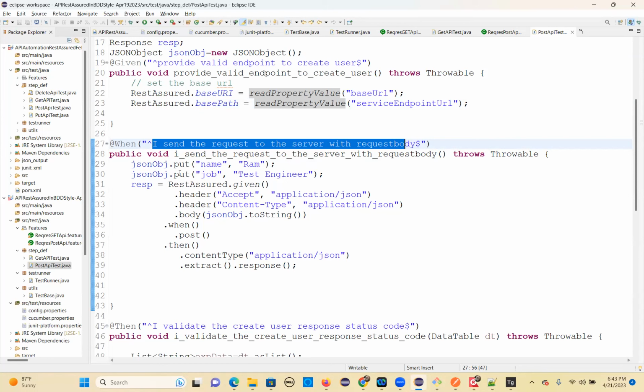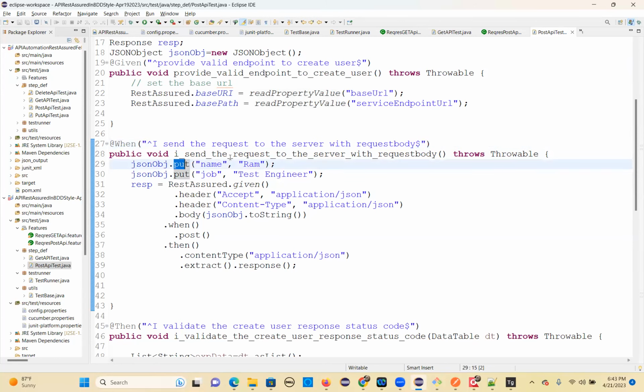So this object reference dot put method, and you can use name and name value in the JSON object. This is one of the fields, okay? Field and field value. So JSON object dot put job, another field and value. So response equal to